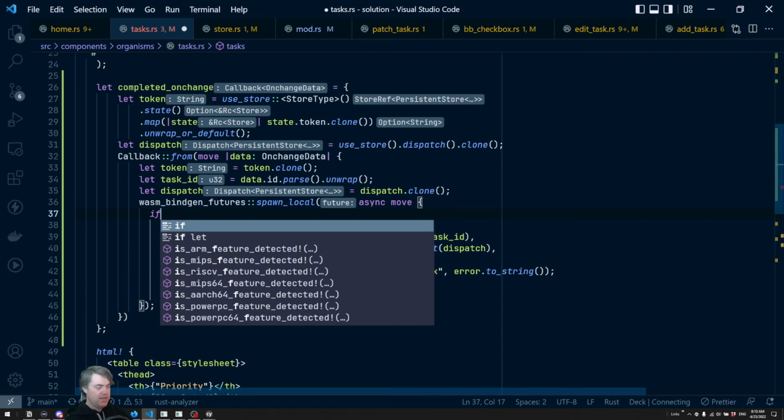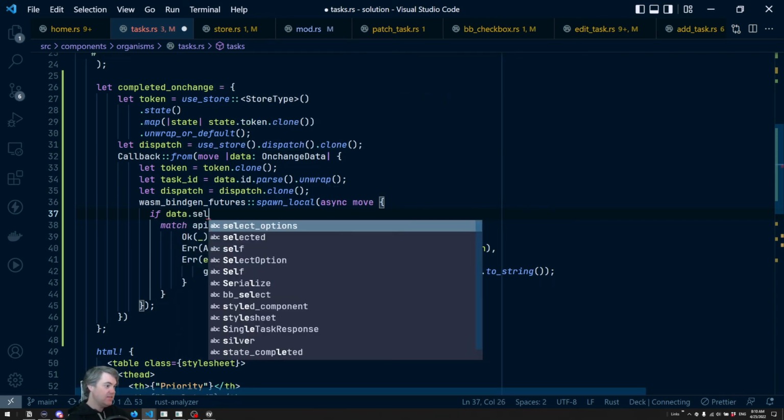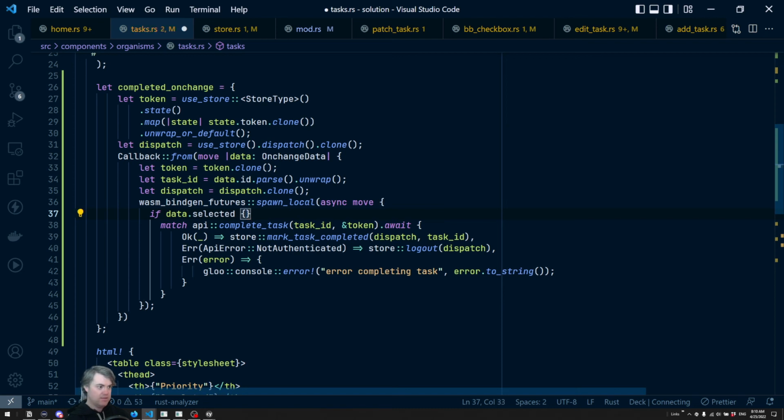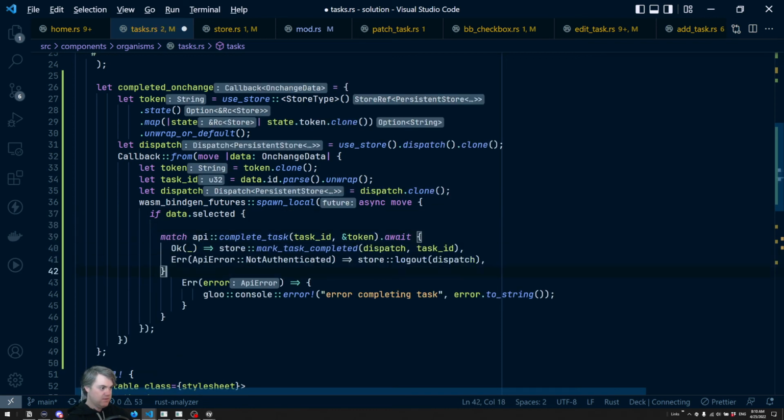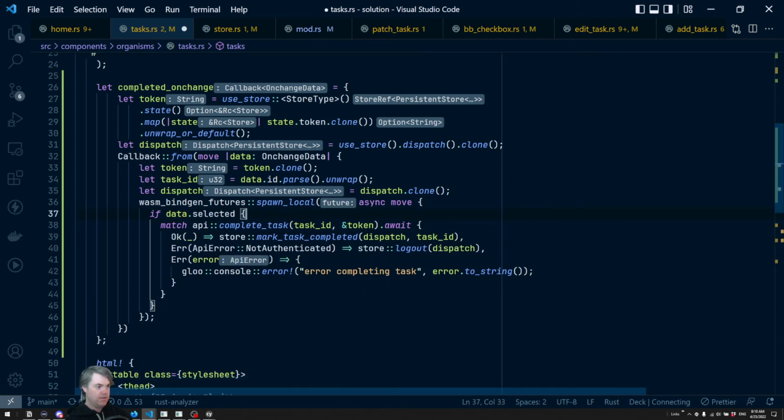So if data dot selected, we do that. Otherwise, we want to do something slightly different, right? We want to now